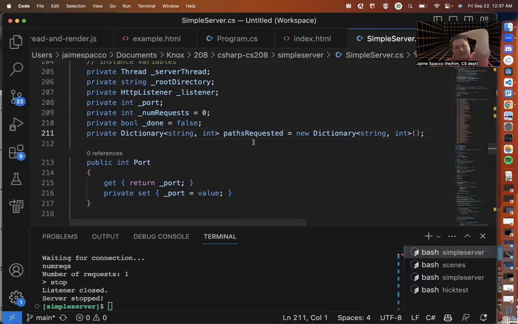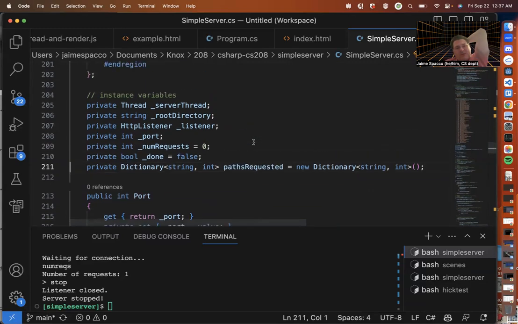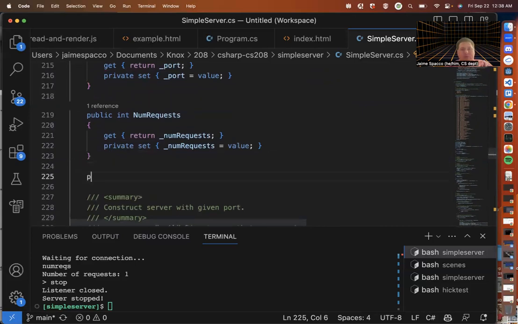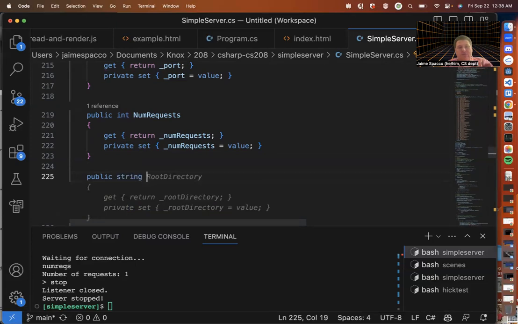So now the question is, how do we get that out? We probably don't want to just return it with a get method, because then we're just going to give somebody access to it and they could go in and change it. Maybe what we want to do is have a method that converts it to a string or something like that, like have a public method. So like here, this is just getting num requests. Maybe we want like public string get,